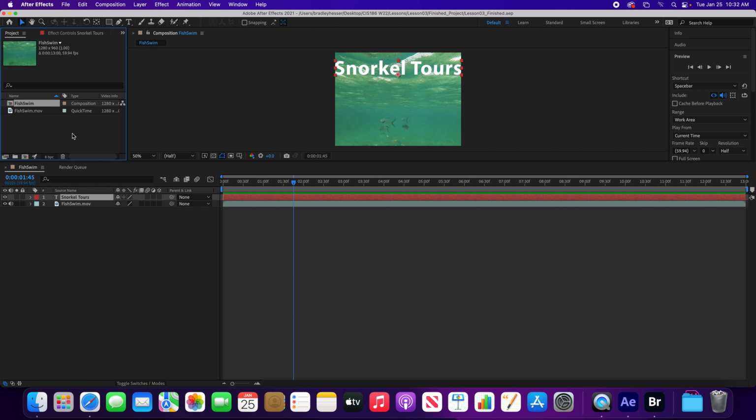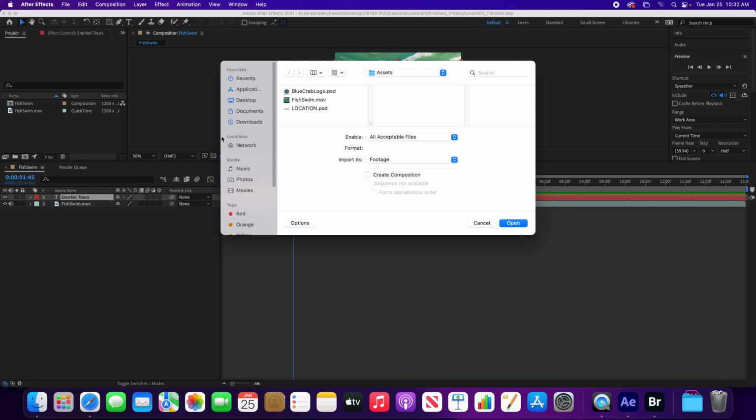We want to go ahead and import a file. Now, could we have done it another way? Yeah, we could have gone to File, Import and brought the file in that way. What I'm going to do though is just double click down here below on the project. We're going to bring in this location.psd file. So we're going to select that and choose Import as Composition, Retain Layer Sizes. So it's looking at